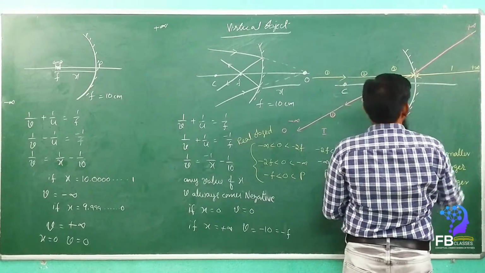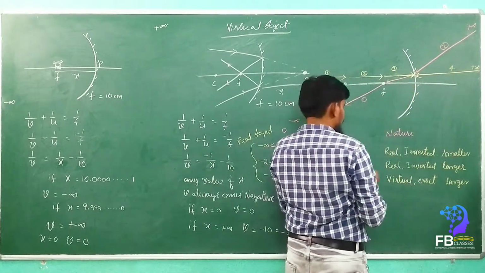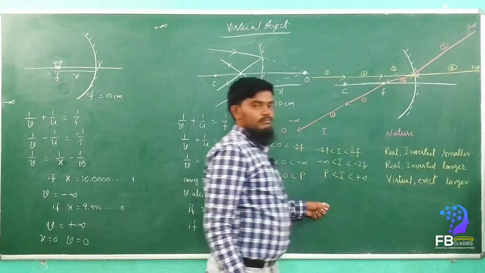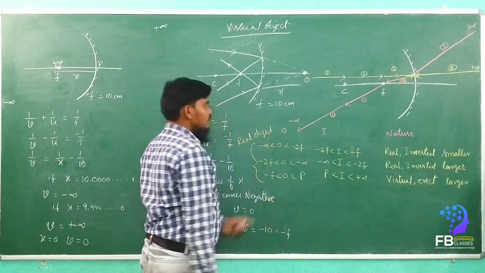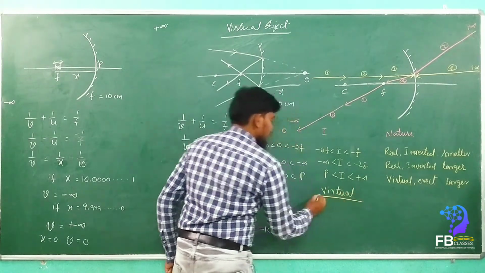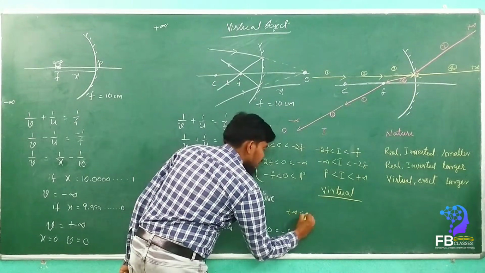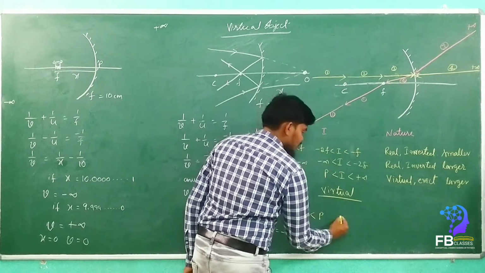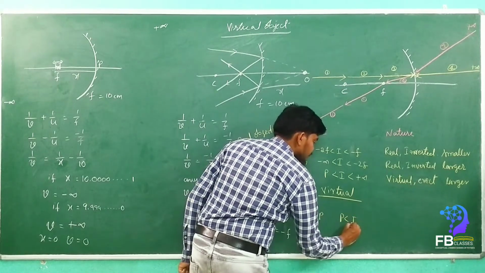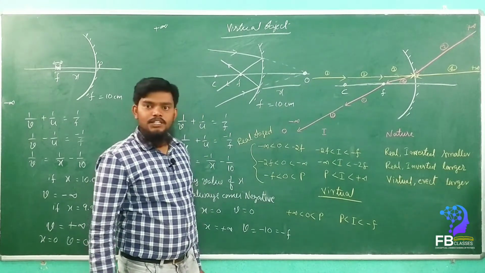Yes, sir. Yes or no? This is case 3, so this is also 3. And now this is case 4. Now this is also 4. Got it? Yes, sir. Do you understand? So for the virtual object, the object is moved from positive infinity to pole, then the image will move from pole to where, my dears? Minus F. Got it? Yes, sir. Are you getting my point?